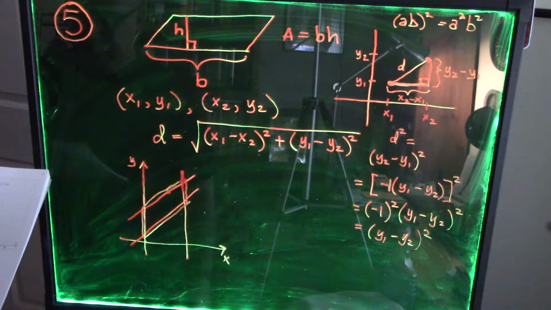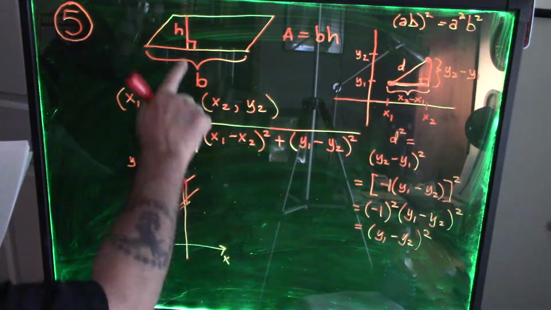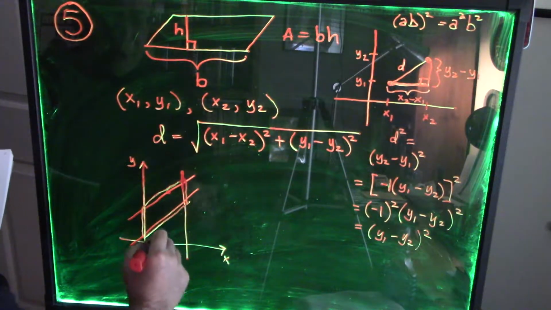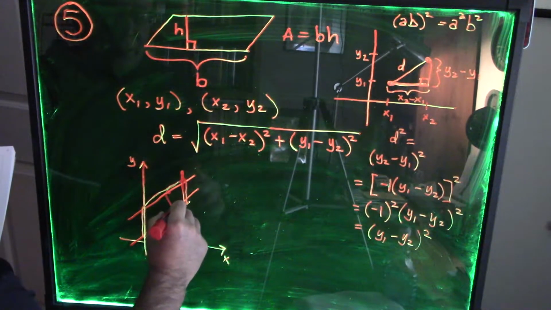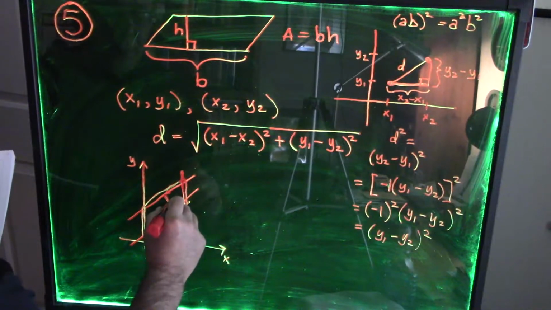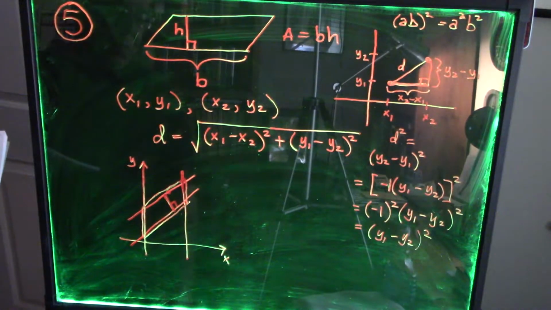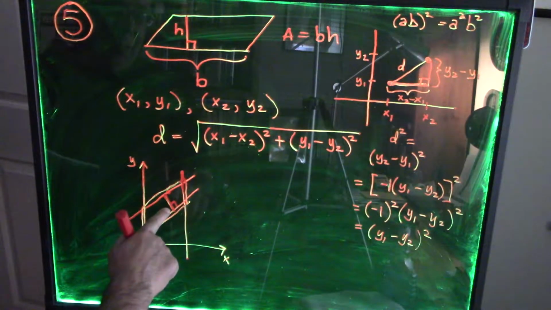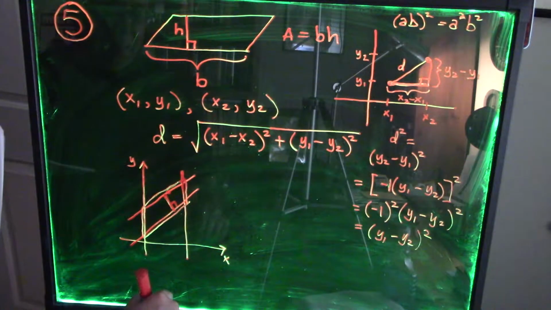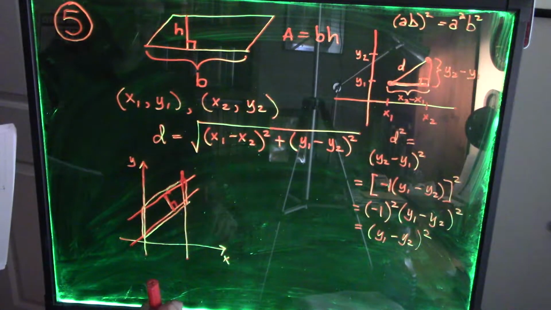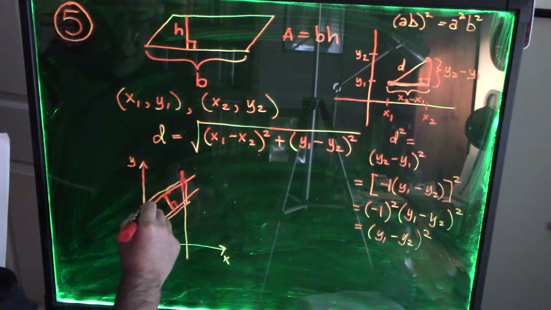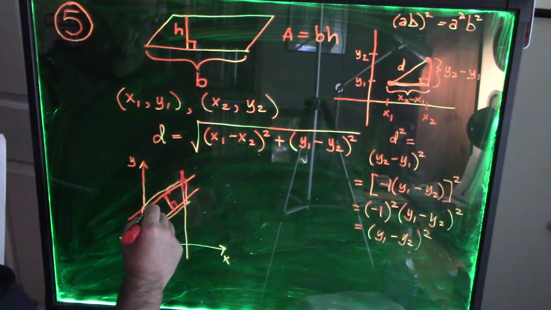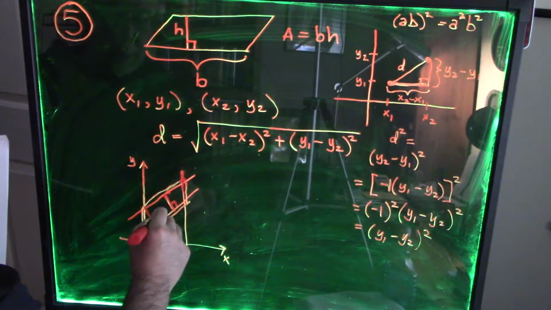Alright, we need to come up with the height h, so that would be something like this. It has to be perpendicular to those two parallel lines. Now where we draw it can make a little bit of difference in the amount of work we have to do. So why don't we draw the h here, right there,